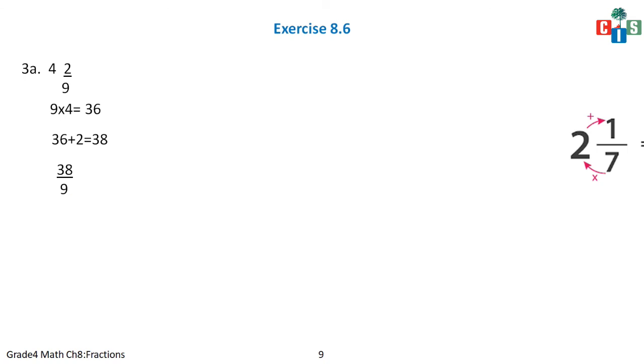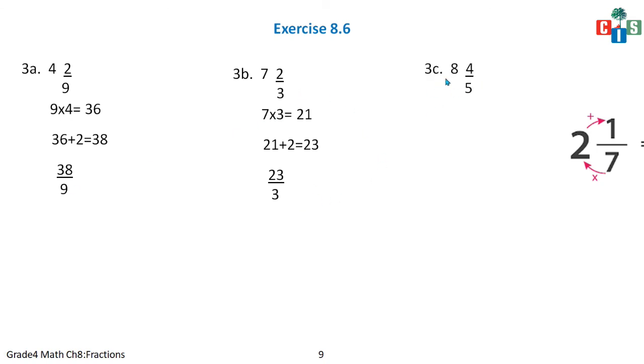Clear? Yes. Okay, let's see the next, that is 7 2/3. Now what I'll do, 3 7s are 21, 21 plus 2 will be 23, and the answer will be 23 by 3. Okay? See here it's multiplication, here it's addition. Okay, so 7 3s are 21, and the answer 21 will have an addition of 2, that is 23 it will become, and then 23 by 3 will be my answer. So this is the mixed fraction, and this is my improper fraction.